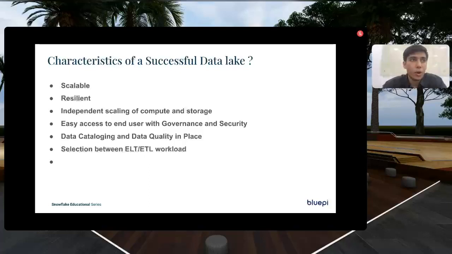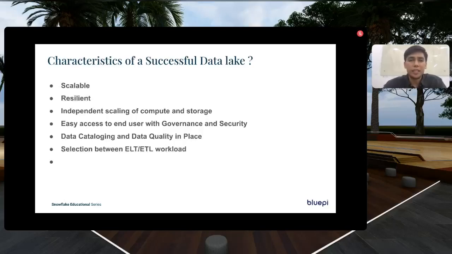Now, if you do not know where each of these tables is located, what the meaning of the table is, what the data inside it is, what the meaning of the column is,